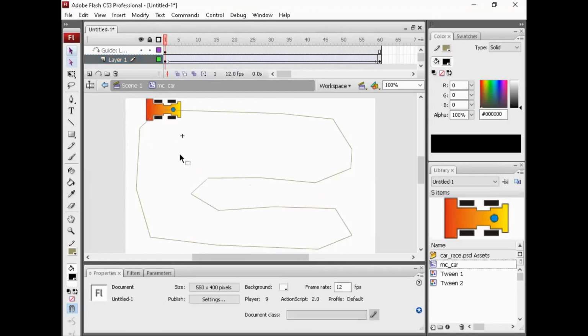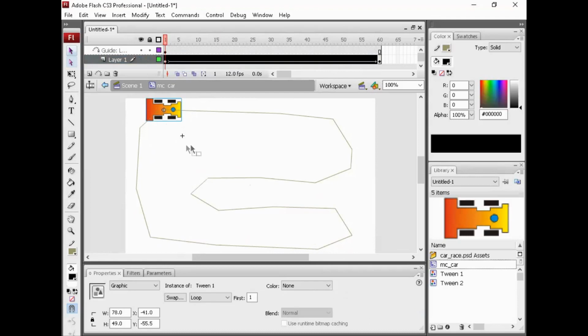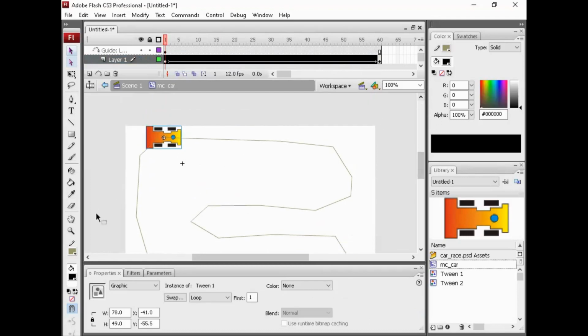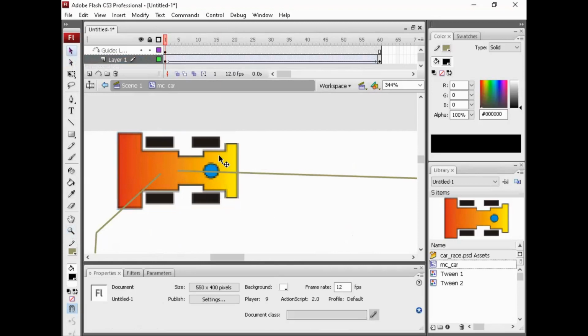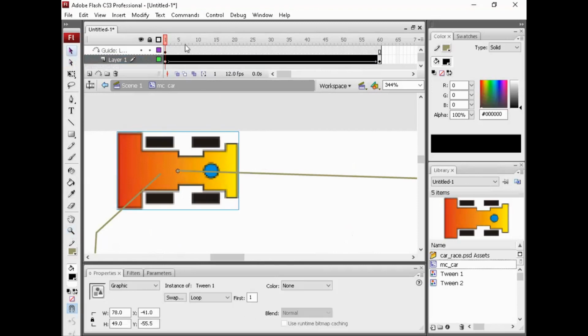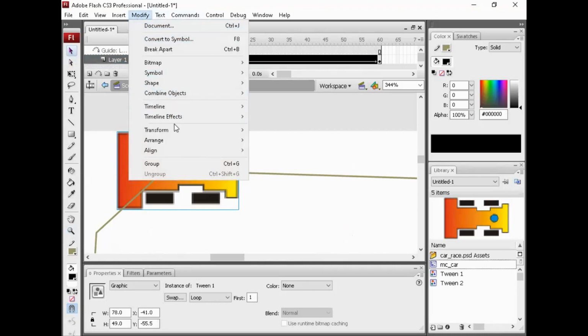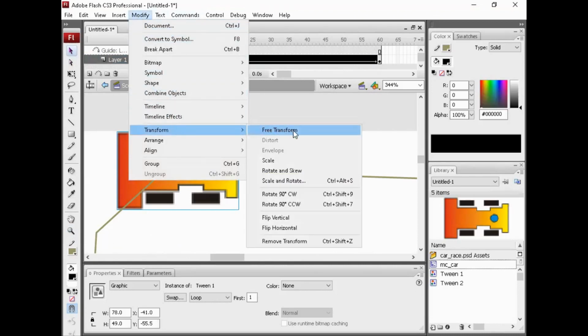If we want more, we can use it like this. Okay, I will explain to all of you. It's better than before. I will try to choose this and modify with free transform.